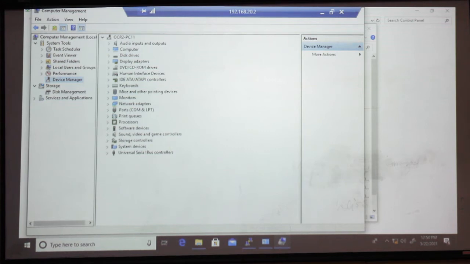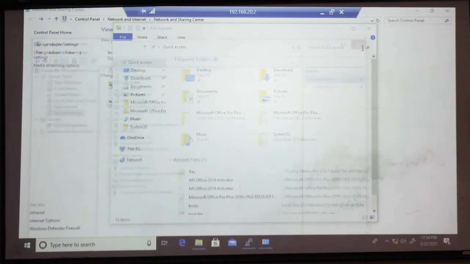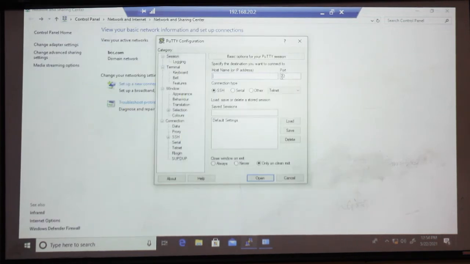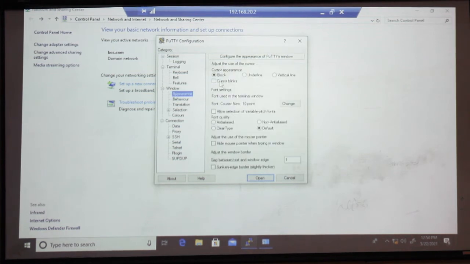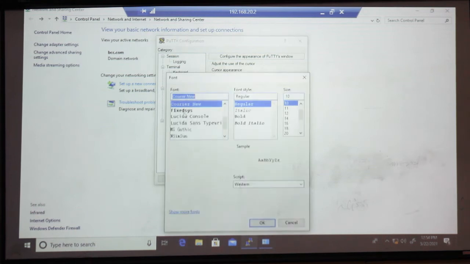It is connected with the COM port, the communication port, that is COM 3. So in the emulator application we will select serial, and instead of COM1 we will put COM3. You can see the baud rate speed is 9600, which is the default speed. We will also make the font bigger so that you can see.